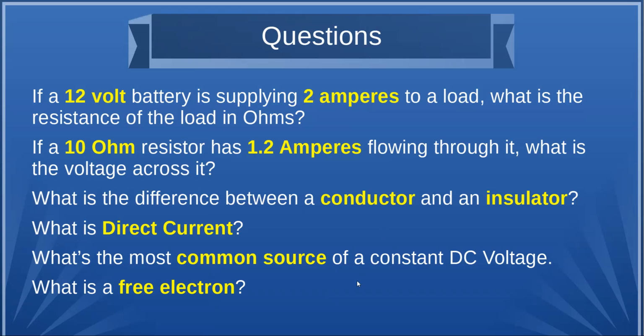What's a free electron? It is the electron that jumps away from the atom. The outer valence shell, easy to move. Which is like,